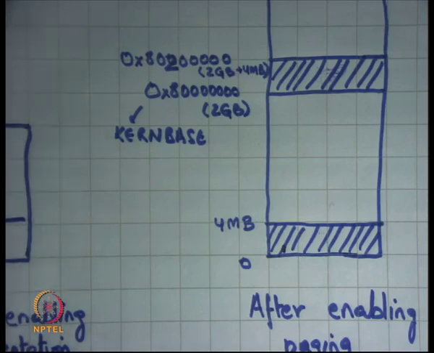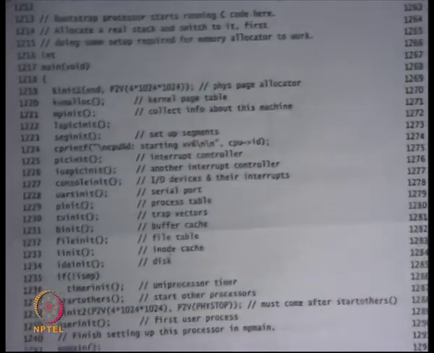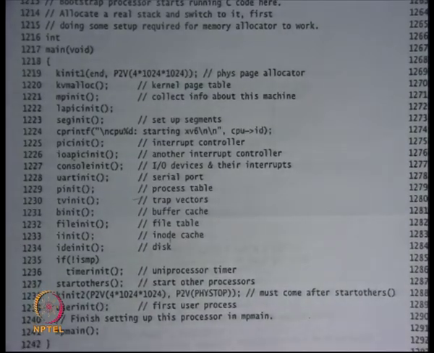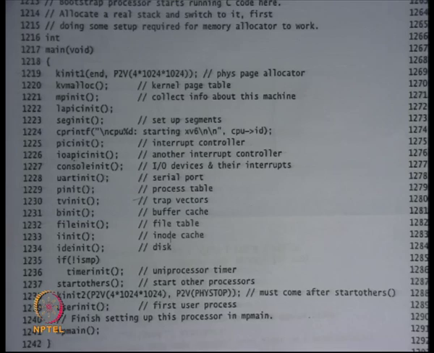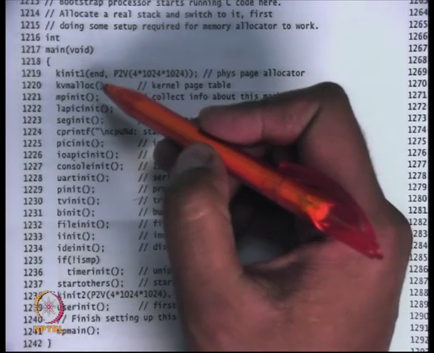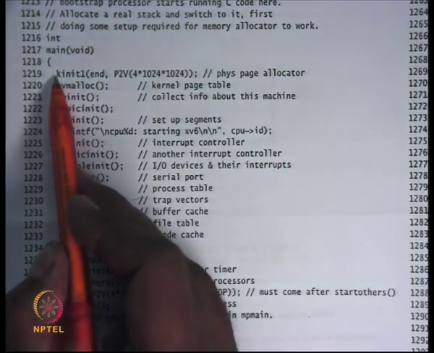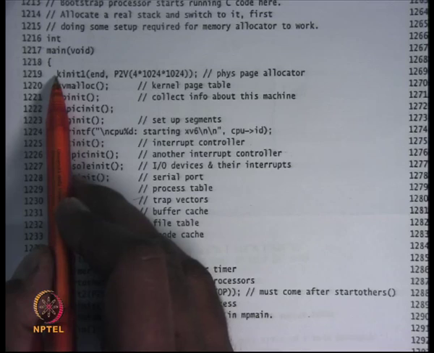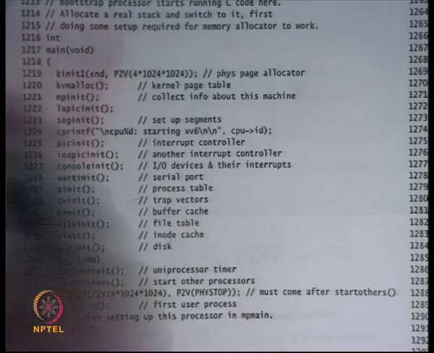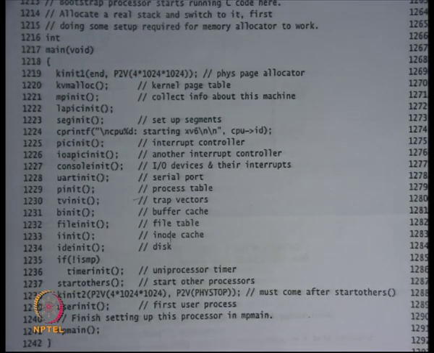All right, so let's look at main. It's now going to jump to main, and here is the code for main. Main is this long function that we don't necessarily need to go into full detail of. But the important thing to note here is that this is the first instruction that will get executed, and at this point the stack has been initialized correctly, with some size, KSTACKSIZE.